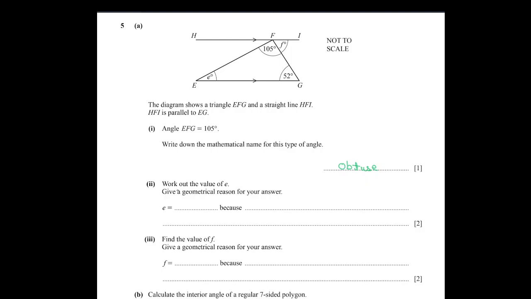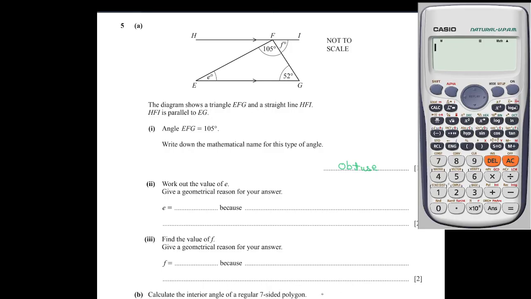Question number 2. Work out the value of E. Give a geometrical reason for your answer. Now when you see in this triangle, the two angles are given and the third angle is E. So E can be found out by doing 180 minus (105 plus 52). 180 minus 105 plus 52